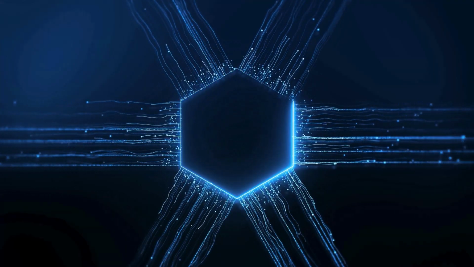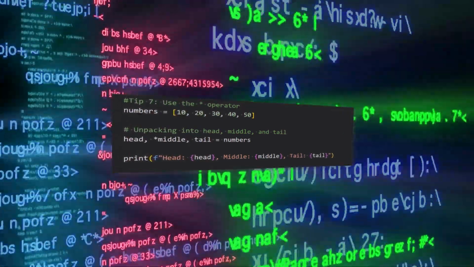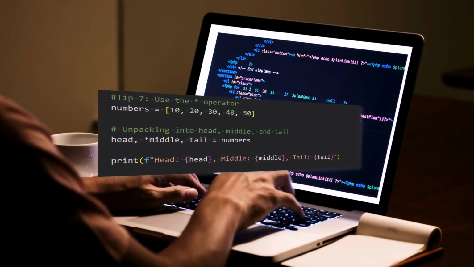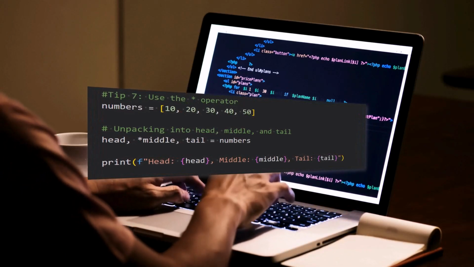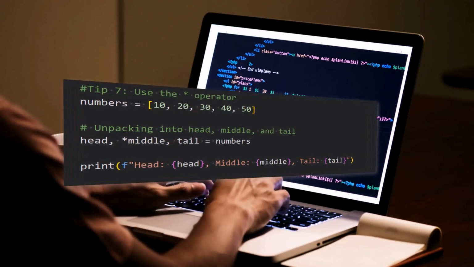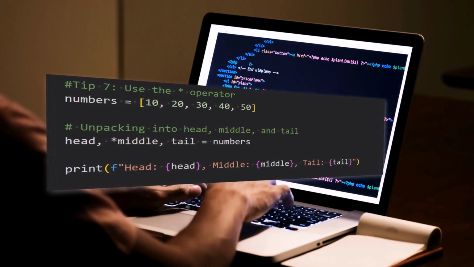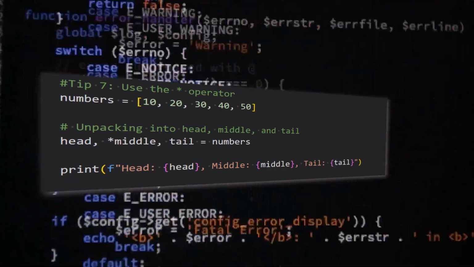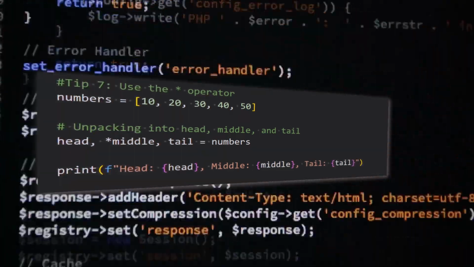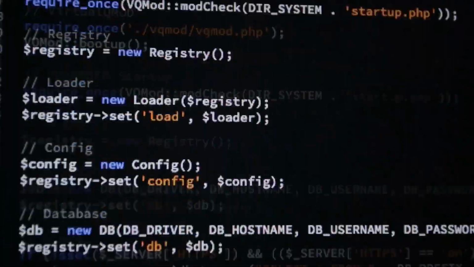Tip 7. Use the star operator for unpacking. The star operator is an incredibly versatile tool in Python. It can unpack lists or tuples into function arguments, split sequences into separate variables, or collect elements into a list during unpacking. For example, head, *middle, tail = [1, 2, 3, 4, 5] assigns the first element to head, the last element to tail, and everything else to middle. Mastering this operator can make your code more elegant and